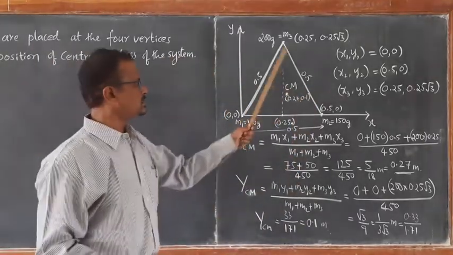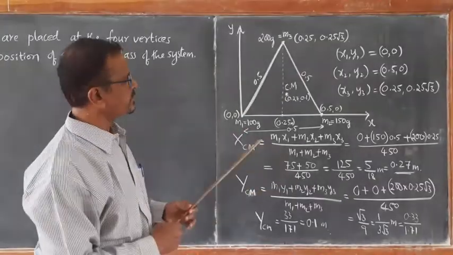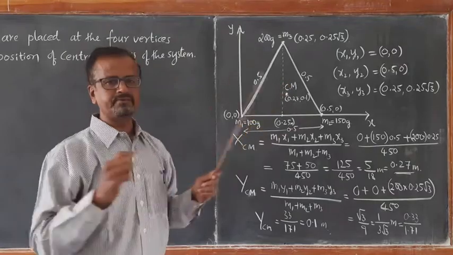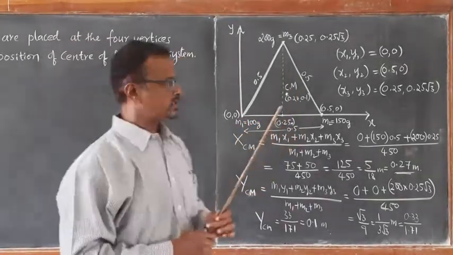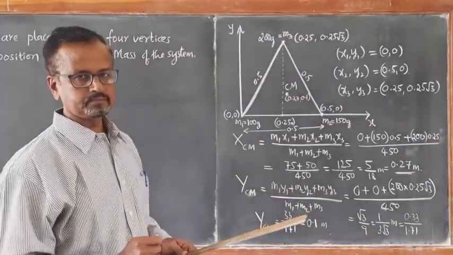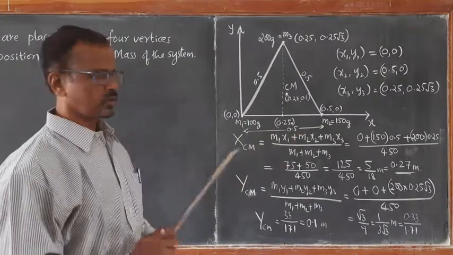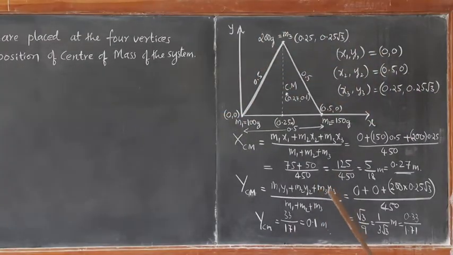This reveals that center of mass will not be exactly at the center if the particles are of different masses. If the particles are of the same mass, then the position of center of mass will be exactly at the centroid. Okay. Now let us solve the next problem, which consists of 4 particles. System of 4 particles.